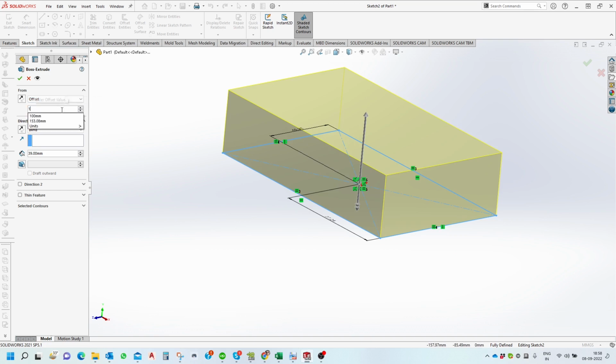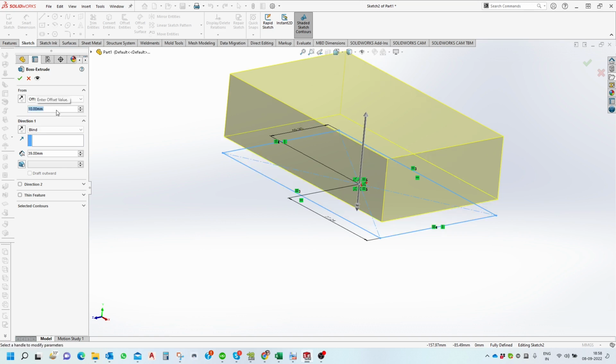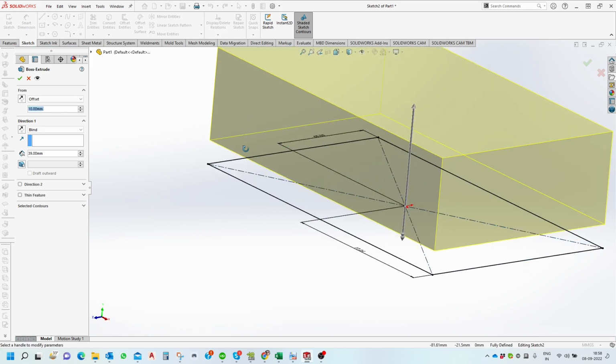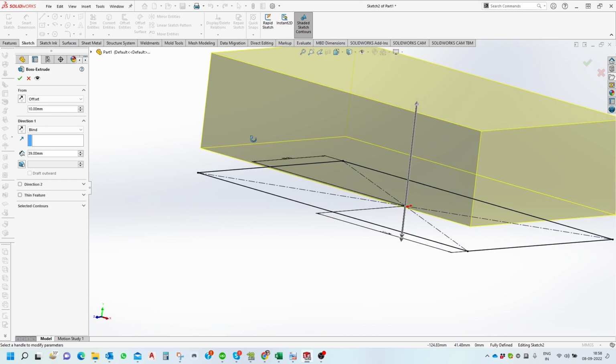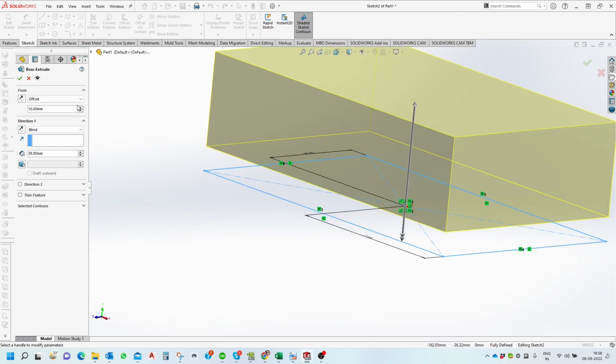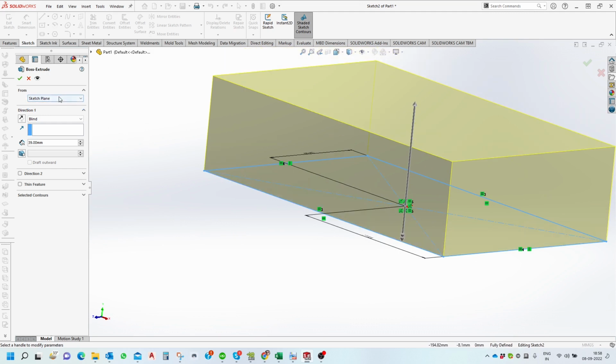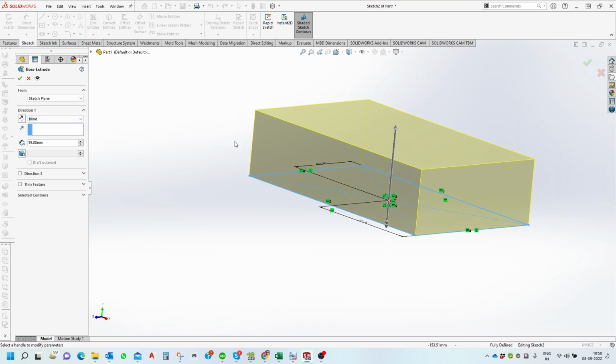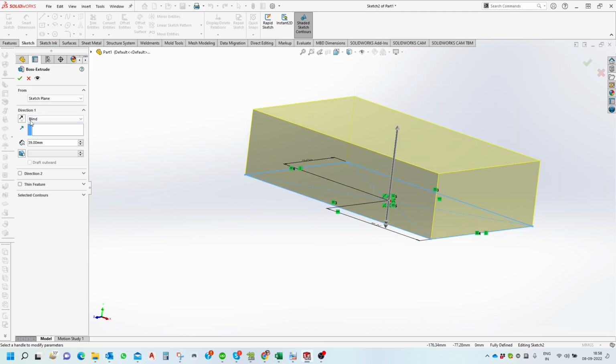Offset we can see in this example. If I enter a value, say 10 mm, we see it is actually at an offset of 10 millimeters from the sketch. So now I will keep it as Sketch Plane. So these were the options in the From tab. Next is Direction. When it says Blind, blind means you have to tell it